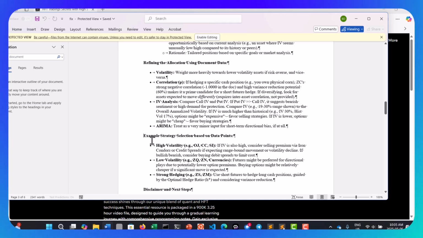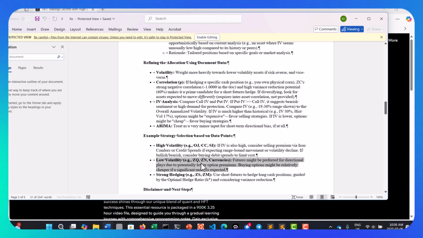So again, strategy selection. Okay, here are three different types of scenarios. Highly volatile: boom, boom, boom, and we can apply selling the premium from an iron condor or a credit spread if expecting range-bound movement or volatility decline. You should know what range-bound movement is. If bullish or bearish, consider buying debit spreads to limit cost. Again, that's institutional. Low volatility, that's what we want in the currencies and some of these treasury or rates, as it calls it,